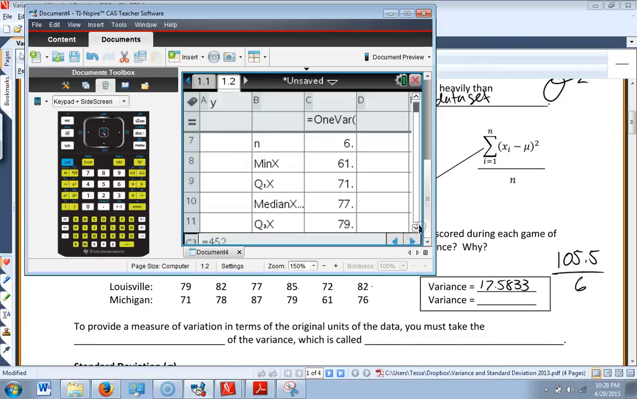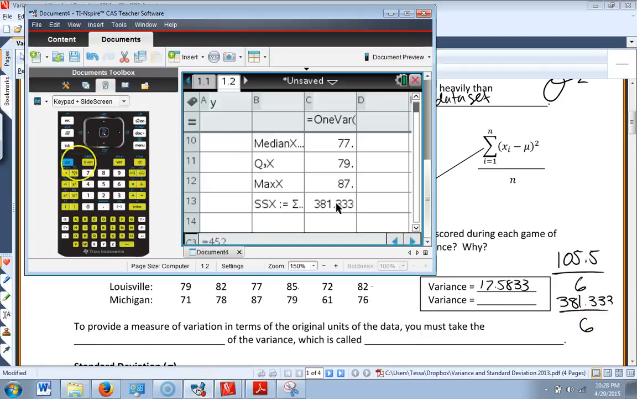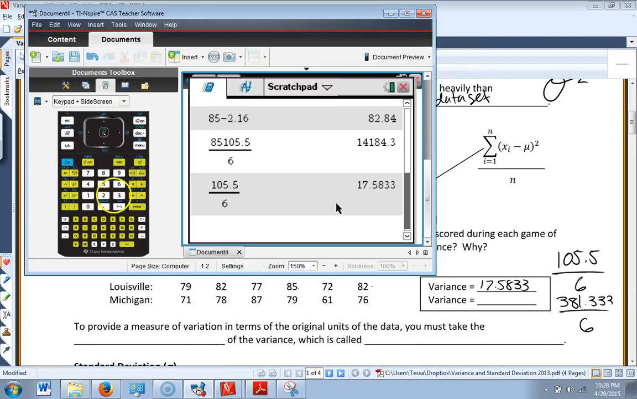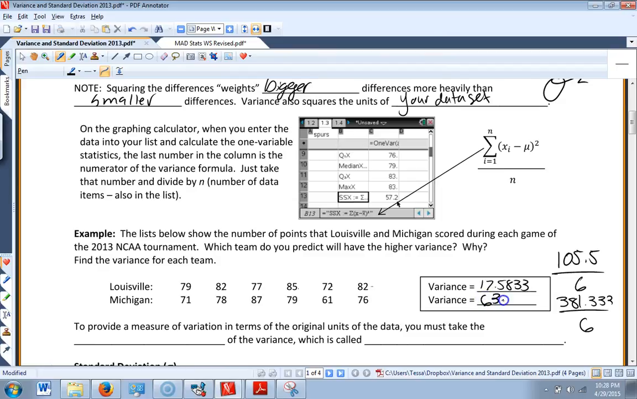Okay, so SSX is 381.333 divided by 6 things in my data set. So let's calculate that. 381.333 divided by 6, and that gives me 63.56. Okay. All right, and what's causing this thing to be so much bigger than the other one is this